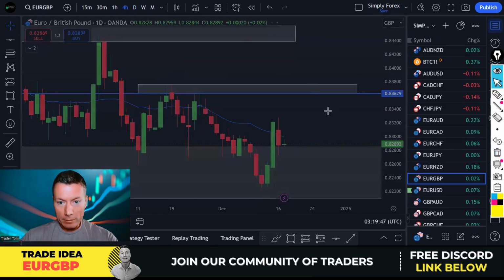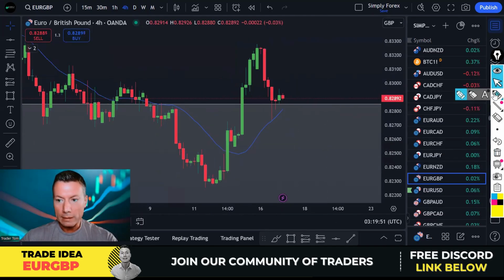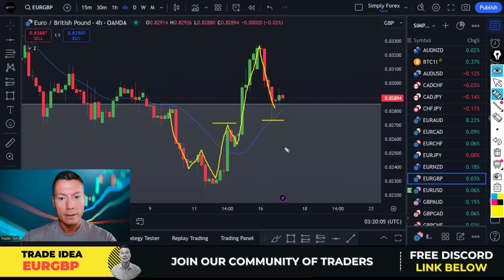And if we drop down to the H4 now, we had a beautiful entry yesterday. Look how H4 structure is in an uptrend. And I love a deep retrace like this, and it literally came back to that level right there. Look at the moving average 20 as well. Really nice level. Price pinged off that level. I actually got in here